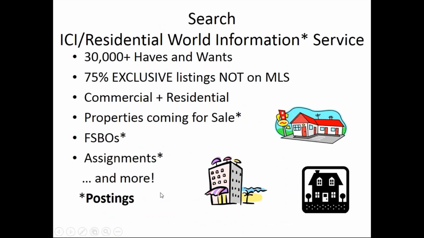Okay, now there's about 30,000 haves and wants on ICIWorld. They're all sorted by date, so you can search the latest ones only if you wish. You can choose 1 month, 3 months, 6 months, 2 years, 5 years. All of them are